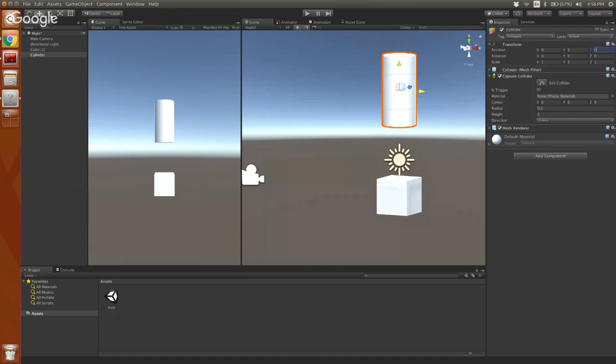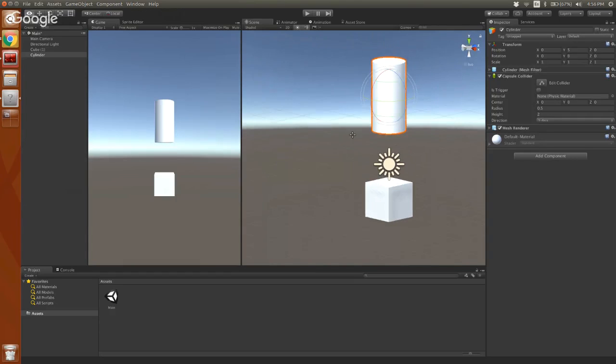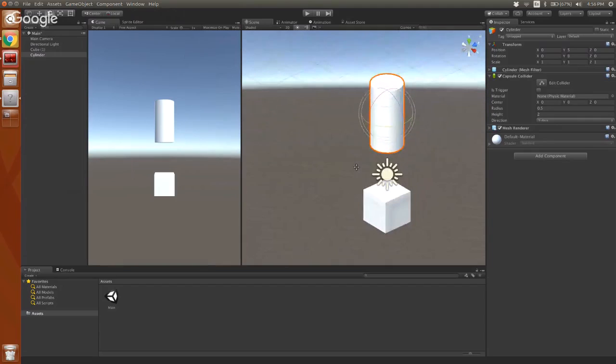So we can go over here to the top left and click on this third icon, which is our rotation handle. You see we get this interesting sphere of rotation angles. And if we grab one of these thin colored lines, we'll be able to rotate the object. So if I grab the blue line, it rotates like this. If I grab the red line, it rotates like this. And the green line, it rotates like this, which we can't see because it's a perfectly symmetrical cylinder. But that's how you rotate something. So I'll put this up here.